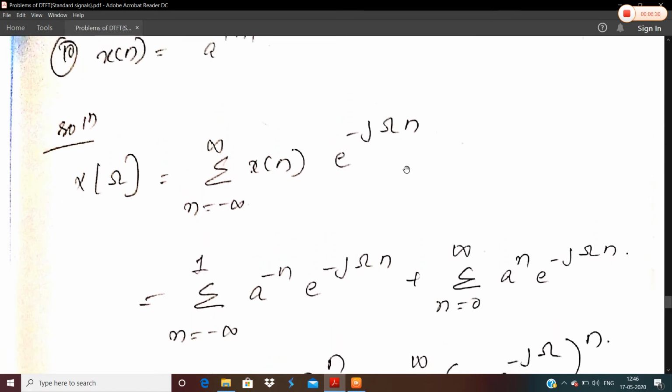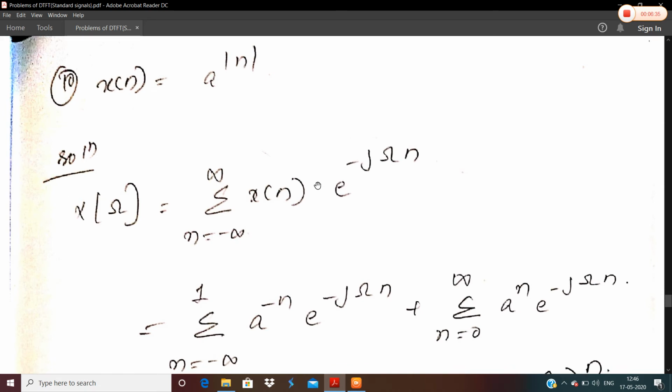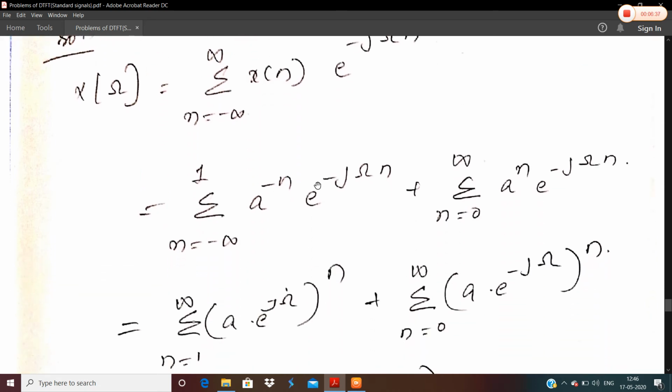As you're given with the term over here, mod n means you know that for the negative portion, that is the modulus of minus 5, it is 5. That is, the modulus of a negative term can be found out by putting a negative sign. Because the modulus of minus 5 is 5, it means it is minus of minus 5, it's 5. So whenever you are having the negative portion, the value is minus n, and in the positive portion it is the same, because the modulus of 5 is 5 itself, so it is n itself that is written.